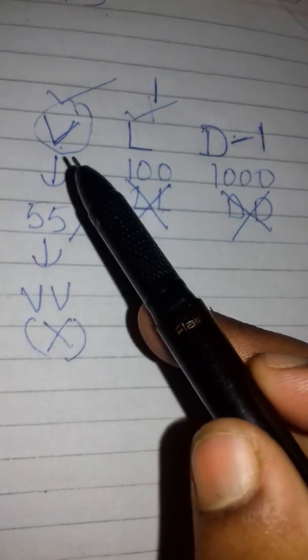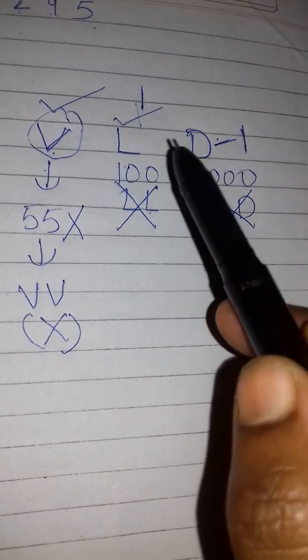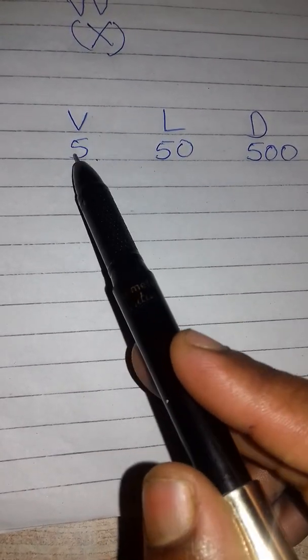So students, these are the symbols V, L, D which we cannot repeat. You can remember it this way. V stands for 5, L stands for 50 and D stands for 500. 5, 50, 500. First it is 5, then it comes 10, then 50, then it comes 100, then 500. These symbols are never repeated. You have to write them only once.